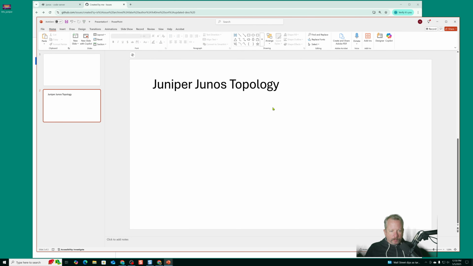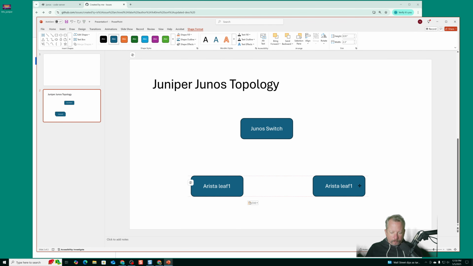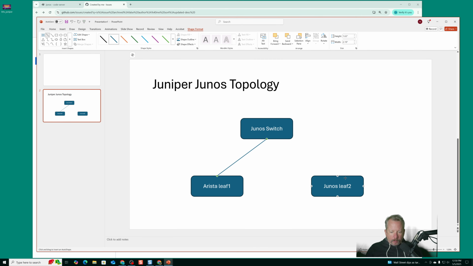I'm running this in Container Lab. I have a Juniper virtual switch as a spine, and I've got a EOS device as a leaf. So Arista leaf 1, and I've got Junos for leaf 2. And they're just plugged into very simple plug-in. Now,